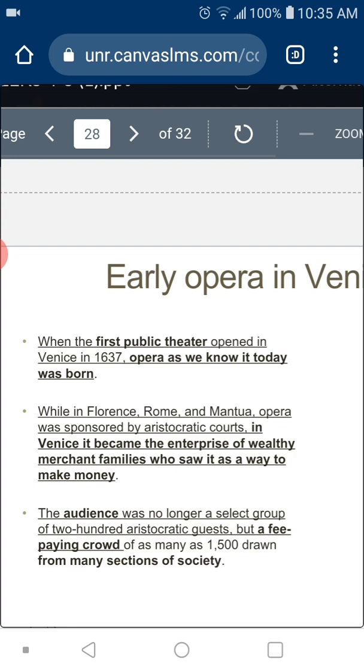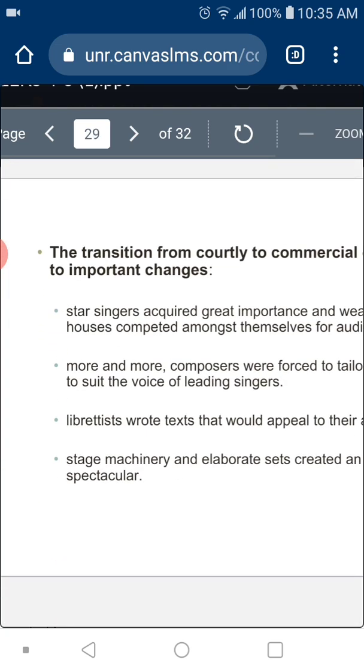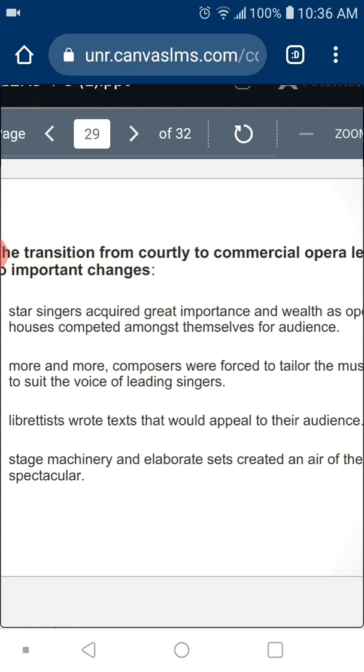That's very important for music in general. It was the first commercial kind of music, basically, in 1637, because that allowed some people to buy a ticket and actually have access to an entertainment that is not a court. This had several implications. The most important was that singers became the most important attraction. People could go to an opera house to listen to singers who now were paid to perform, not just at courts.